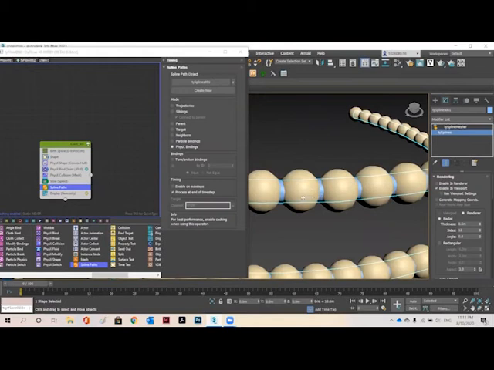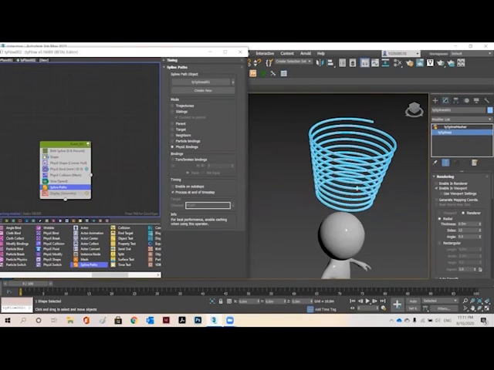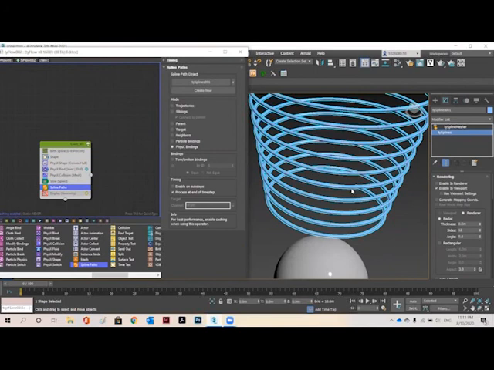Now what you need to do is select, now turn off the display, and now you can see the rope, proper rope, and you will now just see the line, and also